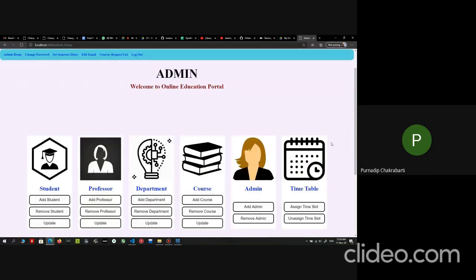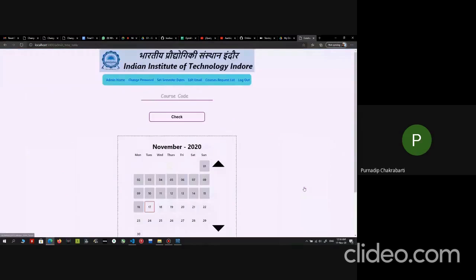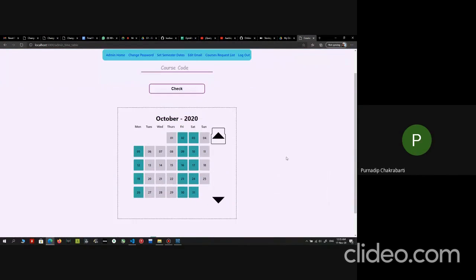So assign time slot, and now if we go to the timetable and then put CS207 and check, and if we go back, you can see that Saturday is updated now. So this is how it's working, and we may go back to admin home